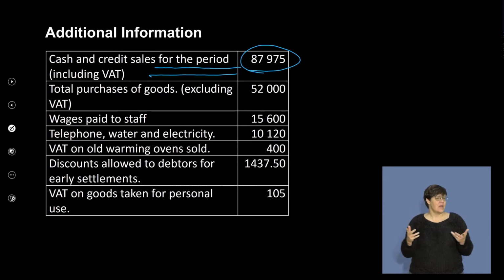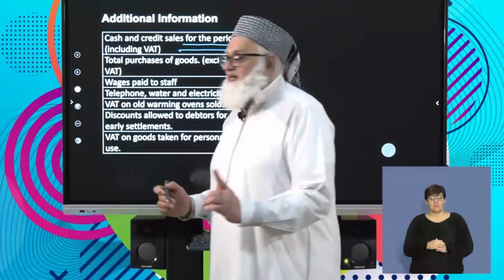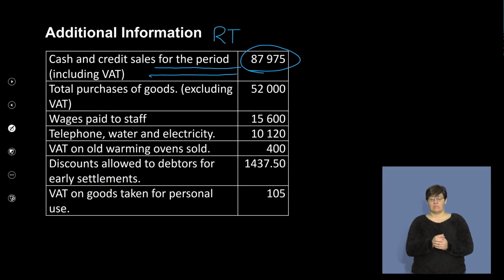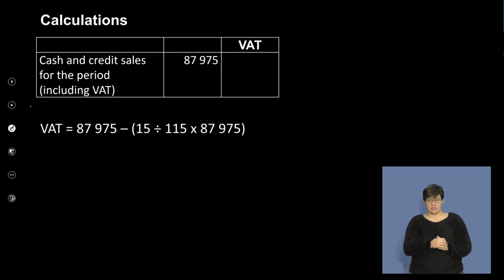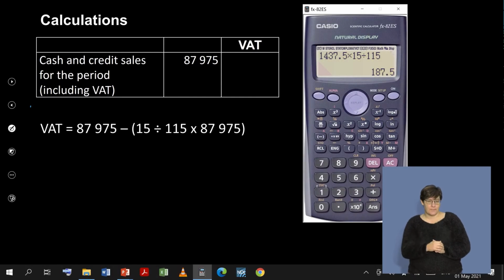87,975. Okay, so most important, remember what we've always said, and we're going to say it again, RTFQ. Read the full question. Right, so this sales figure of 87,975 is your total price including VAT, right? It's both cash and credit sales. So step number one, let's do the calculation for it. Take your 87,975, remembering that that's your total amount and it is the VAT amount that you want to calculate. So therefore you say times 15 divided by 115, and this will give you a figure of